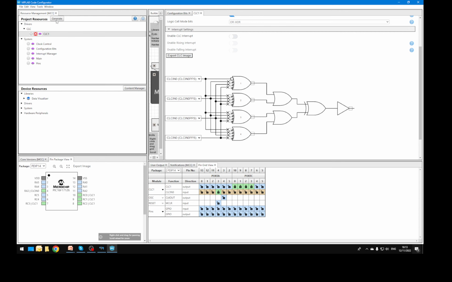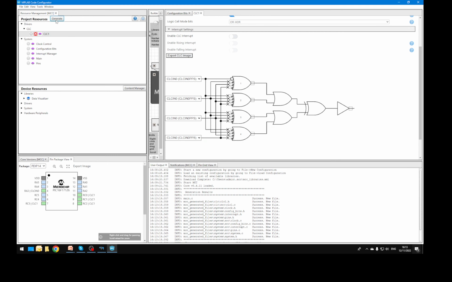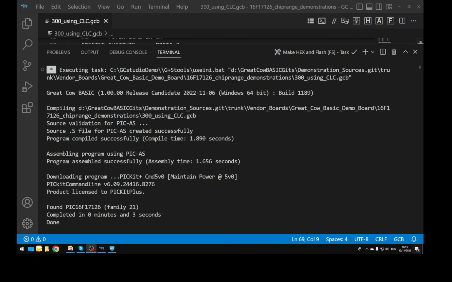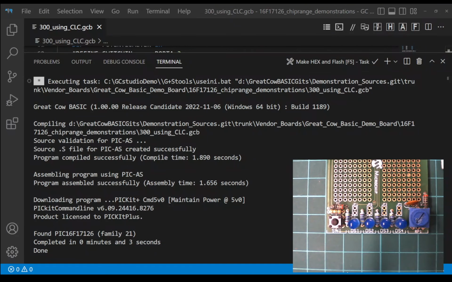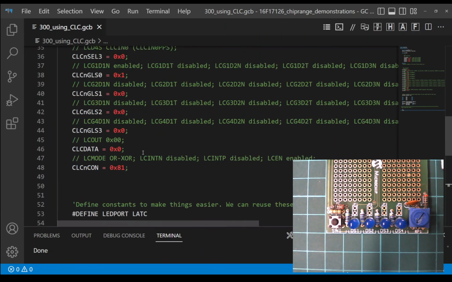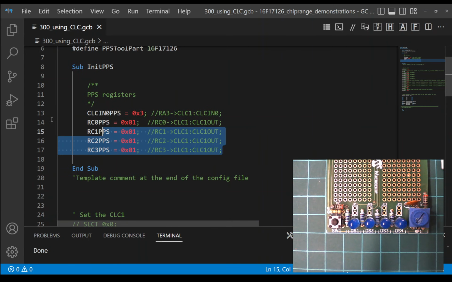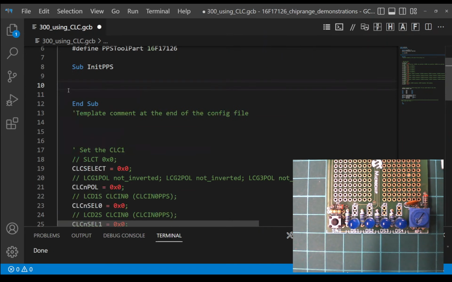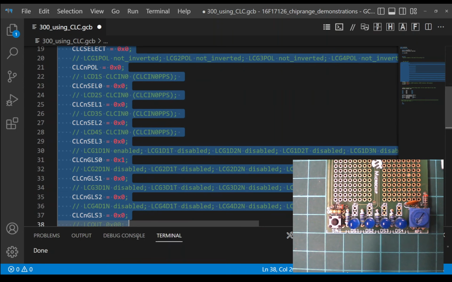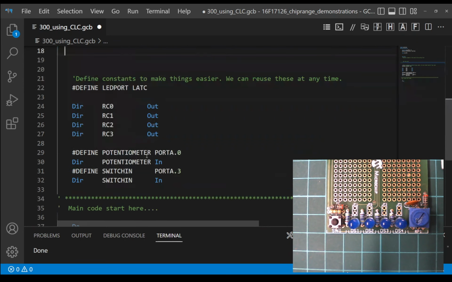So let's generate some code, because it's a code generator. It's generated some code for us. Cool. Let's go back into our demonstrator here. Let's look at our source code that we were looking at before. We have some PPS. I'll delete that. We have some CLC code. I'm going to delete all that,